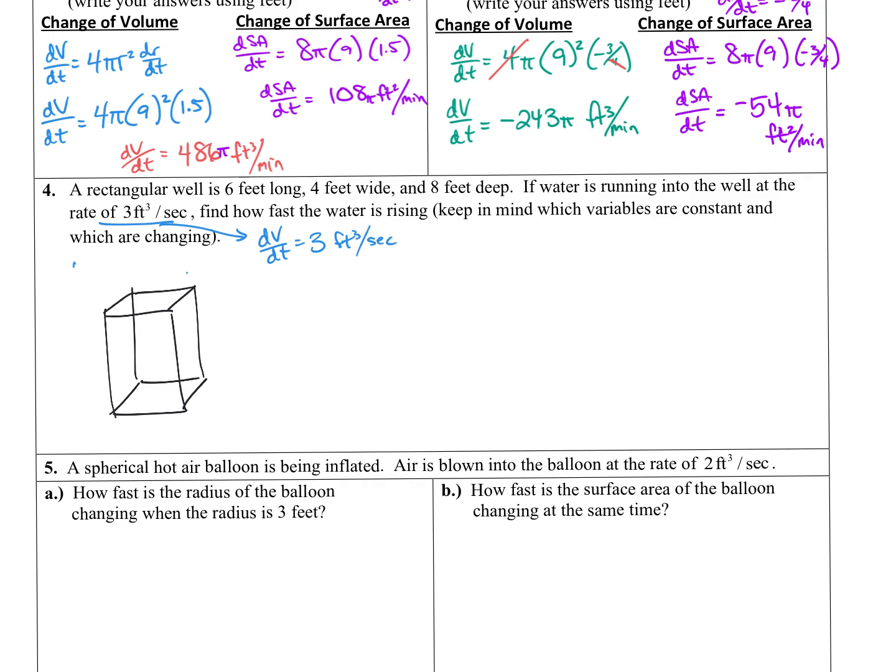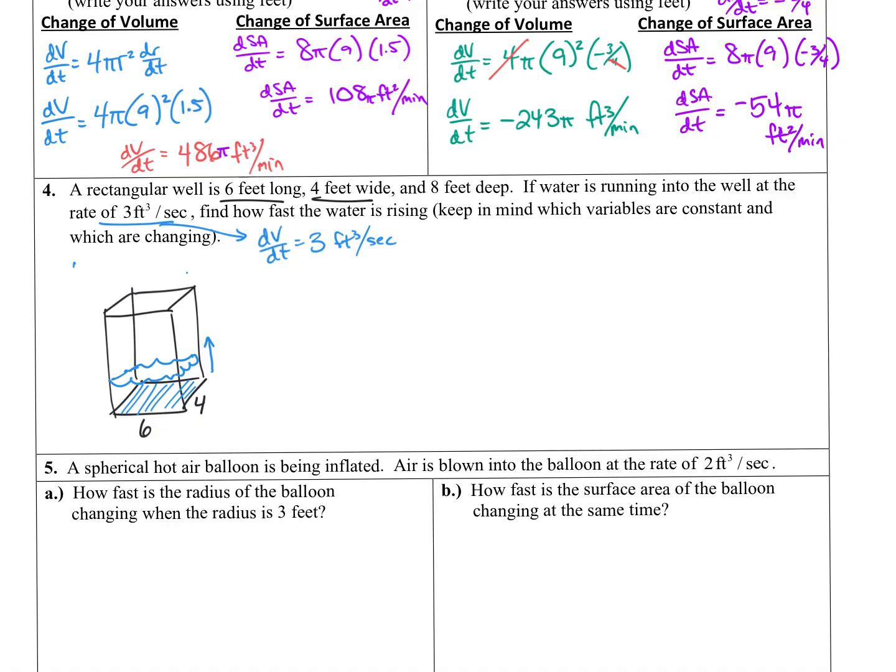All right. Now here's an interesting part. The base of this is always the same. So the base is 6 by 4 and it's 8 feet deep. I know it's 8 feet deep, but the water level is going to be rising. So there's my water. The water level height is going to be changing, but that 6 by 4